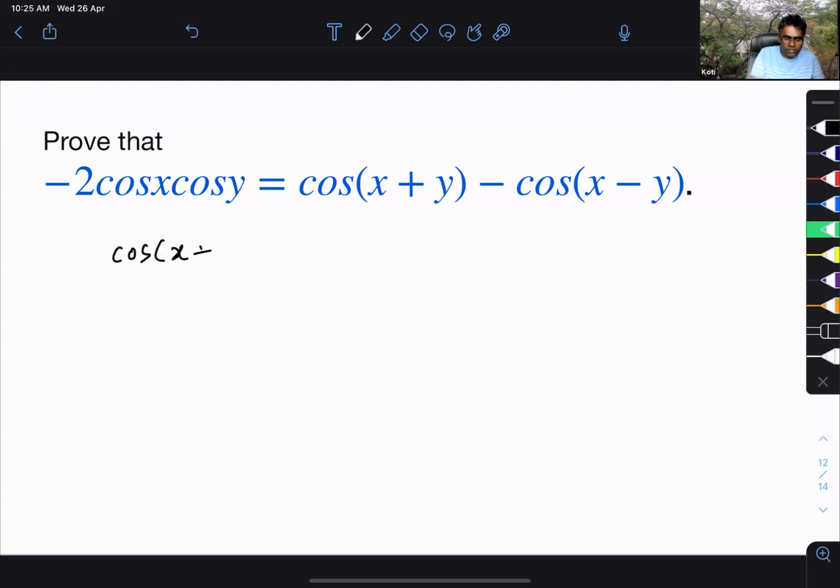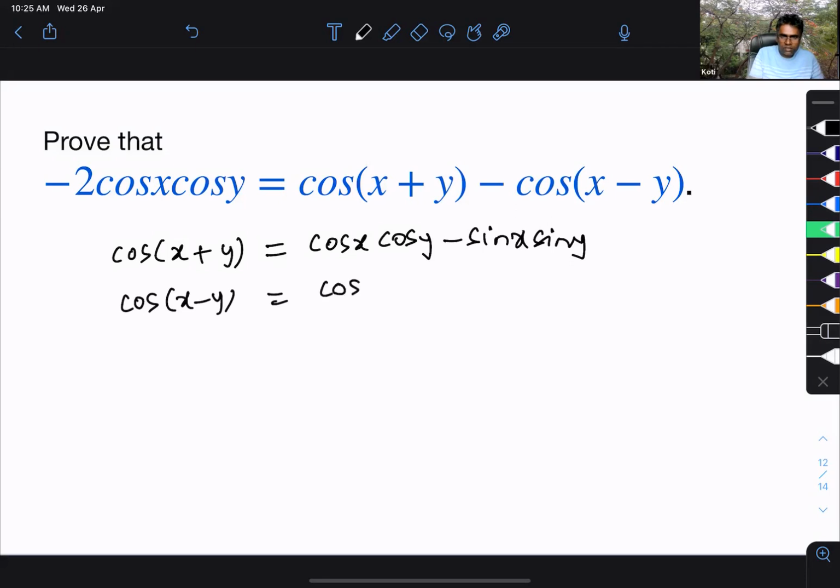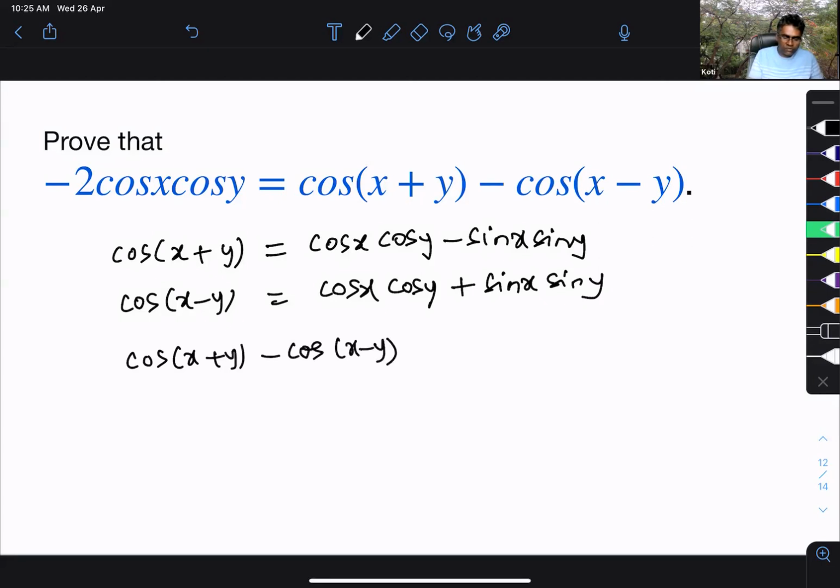So cos of X plus Y, if you want to do it afresh, this is cos X cos Y minus sin X sin Y. And then cos of X minus Y will be cos X into cos Y plus sin X into sin Y. And then we are taking a difference. If you take a difference, what do you get? Cos of X plus Y minus cos of X minus Y. I think this cos X into cos Y will disappear, and then you will get,